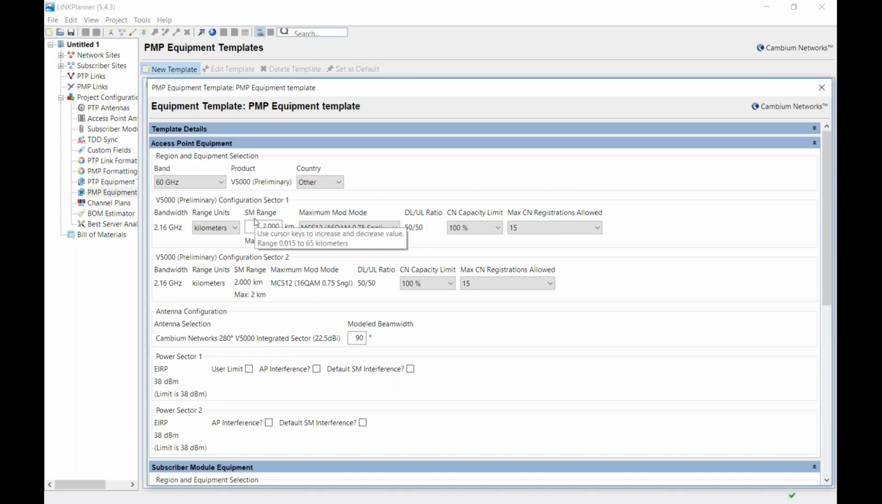At the moment, we only have one DN product, the V1000, which consists of two sectors, and the equipment configuration section is duplicated for both sectors. Configure the parameters on each sector. Some parameters, like the modulation mode, are common to both sectors. There are a couple of new parameters specific to cnWave 60 GHz. The CN capacity limit